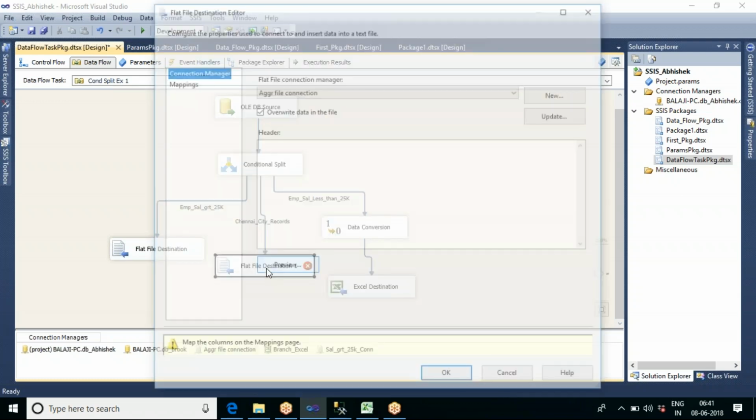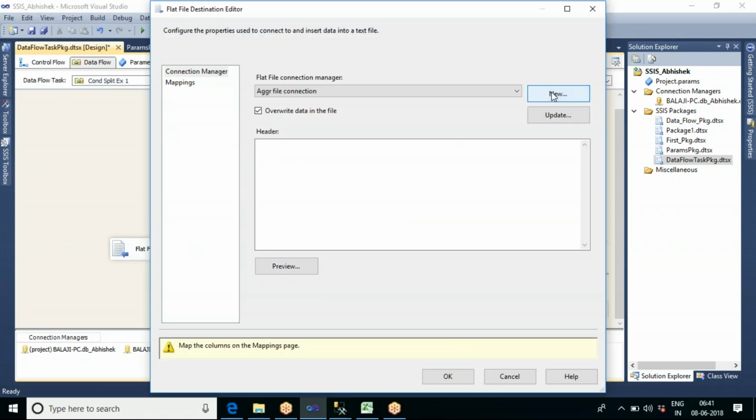Let me create a new connection to store the city records.